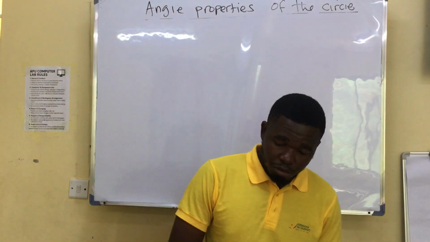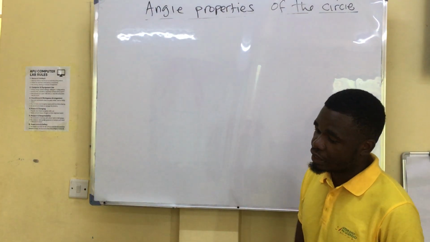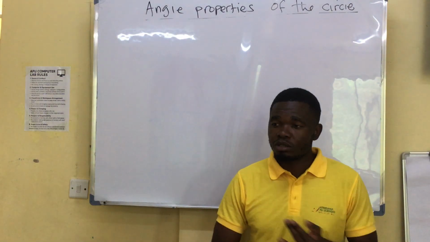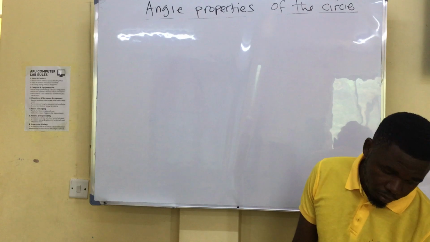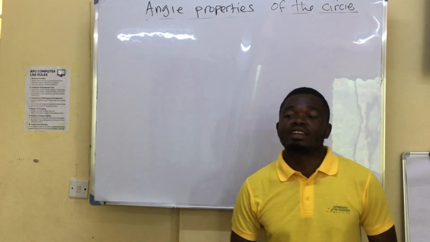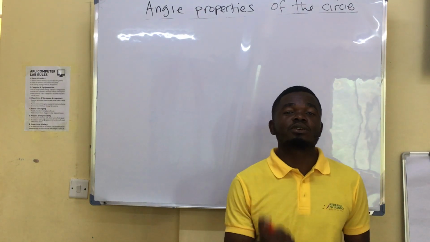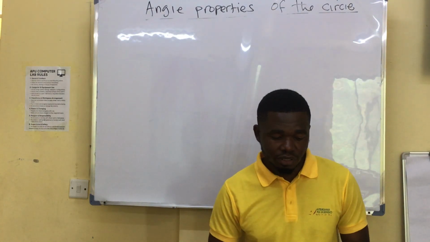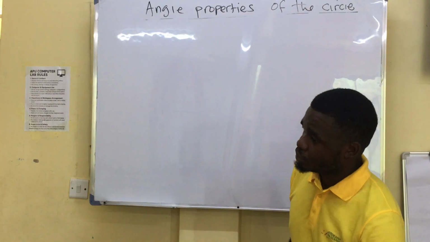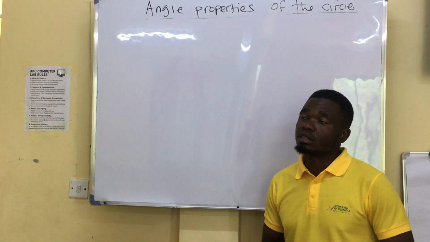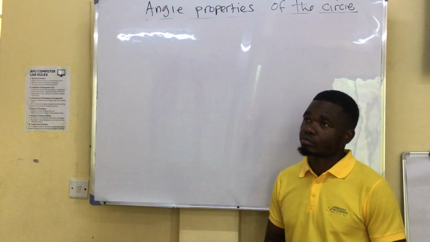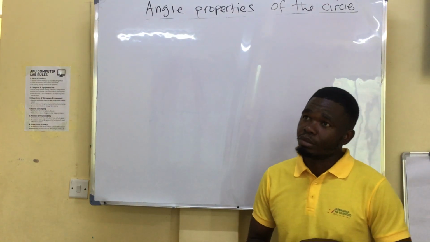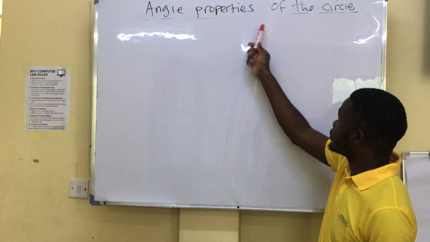Remember last time we were discussing the properties of the circle, right? A circle is supposed to have a radius, a diameter, and a chord as well. Segment, sector, and arc, those ones. We also discussed the properties of a triangle. Why? Because in this topic, angle properties of the circle,